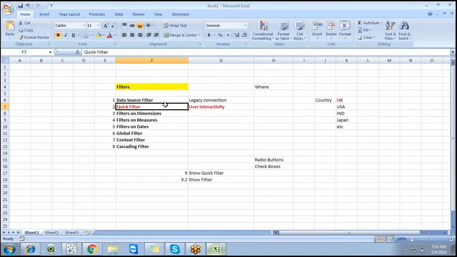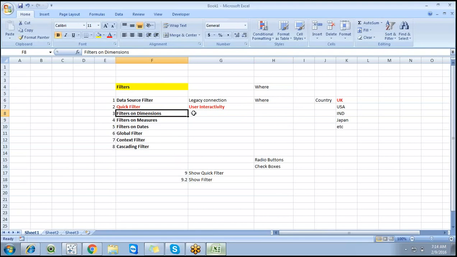So we discussed the data source filter. We have a legacy connection and we can apply a filter in a where clause. In a legacy connection you can go with the filter in a where clause, and also you can work with a differentiation.